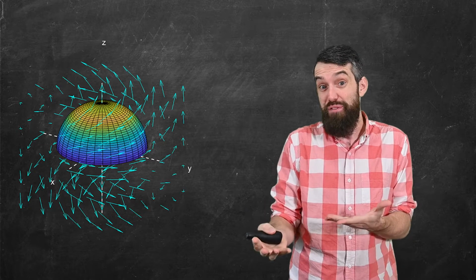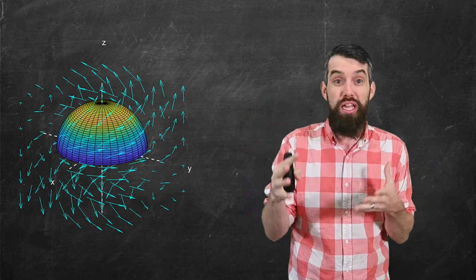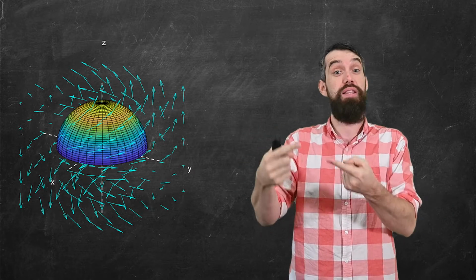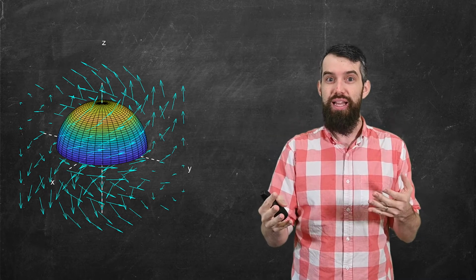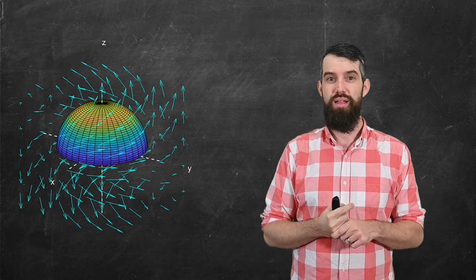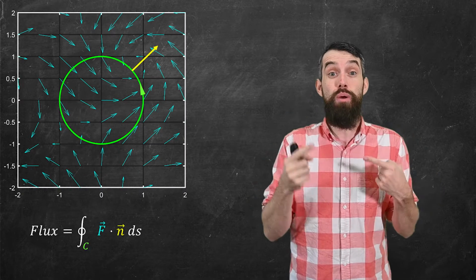For example, the vector field might be a velocity field where you've got some substance that's swirling around and moving in different directions according to the arrows in this vector field. And what I'm trying to measure with the concept of flux is the degree to which the vector field crosses the surface. To make more precise exactly what I'm talking about, let's actually return to the two-dimensional case that we've